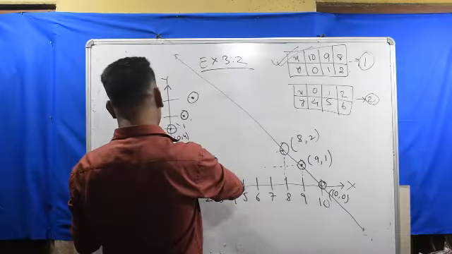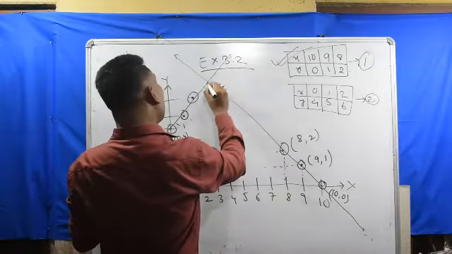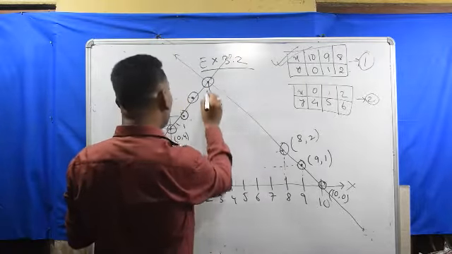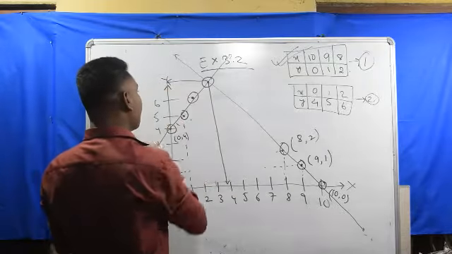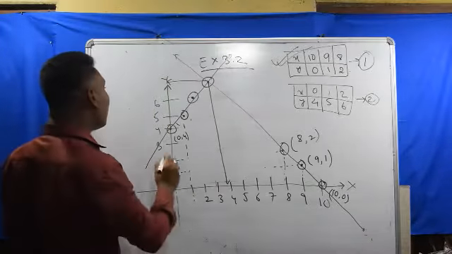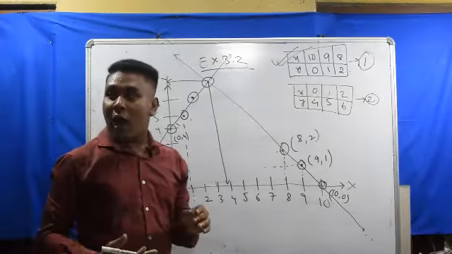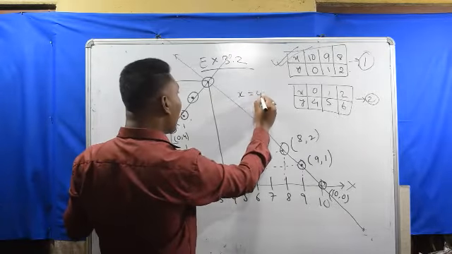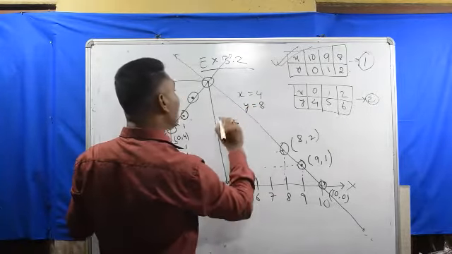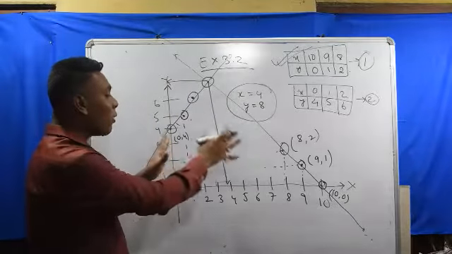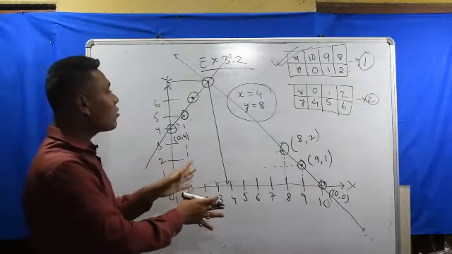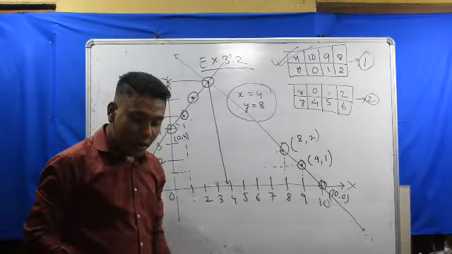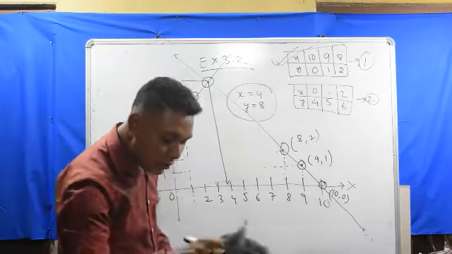So we got a straight line. The midpoint of this will give you somewhere near 4 and somewhere near 7 or 8. So this is how to plot the graph. I hope you have understood. So let us assume x as 4 and y as 8 approximately, because we cannot plot the actual figure here. So hope you all have understood how to plot the graph and how to find its value. Okay, so let's see the next question.